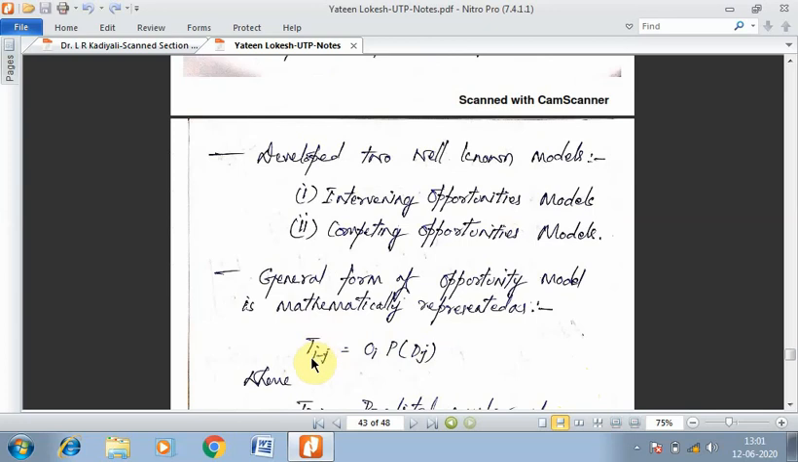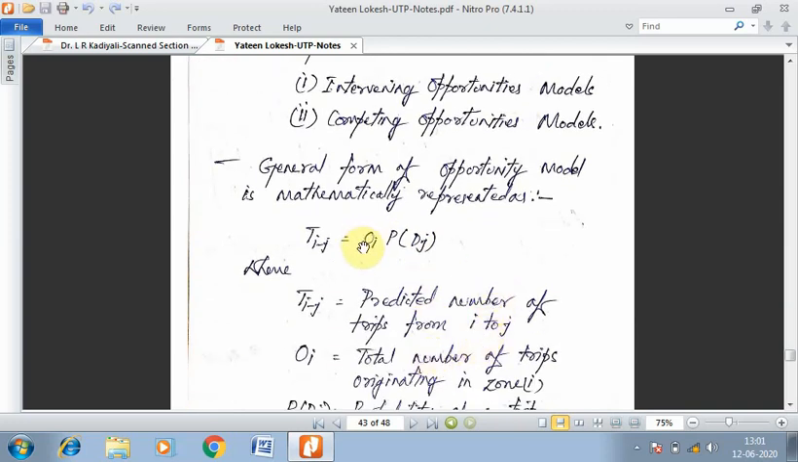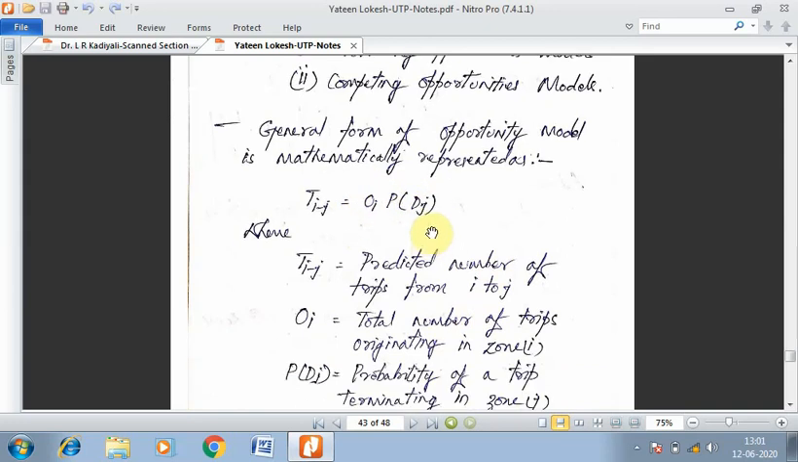is the future number of trips that are going to take place between zone I and zone J, is equal to Oi multiplied by P of Dj. Okay, so Oi is actually the total number of trips originating in zone I, whereas P(Dj) is the probability of a trip terminating in zone J. So this is the probability factor that you have in this equation. Okay, so Oi is the total number of trips originating in